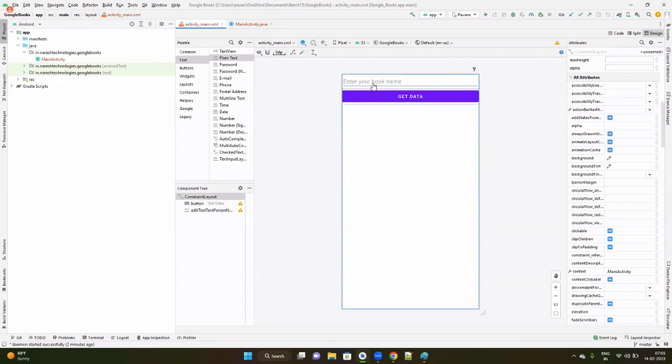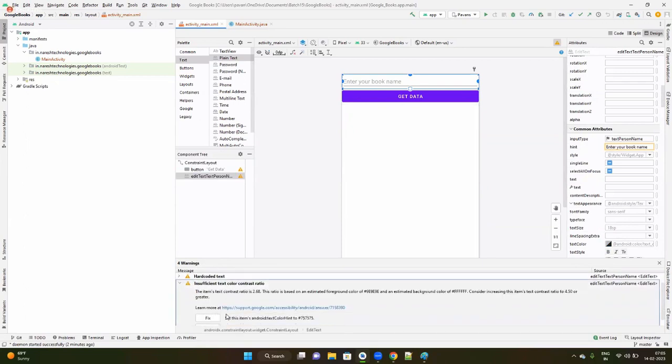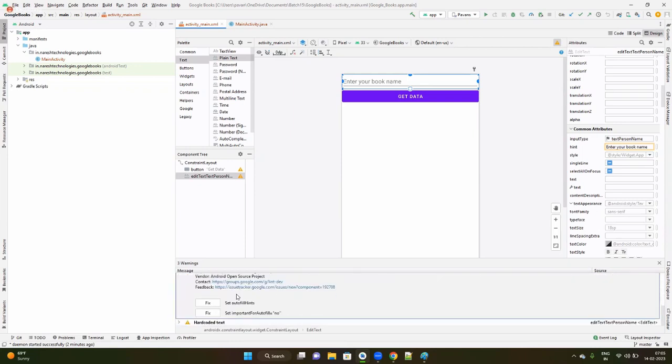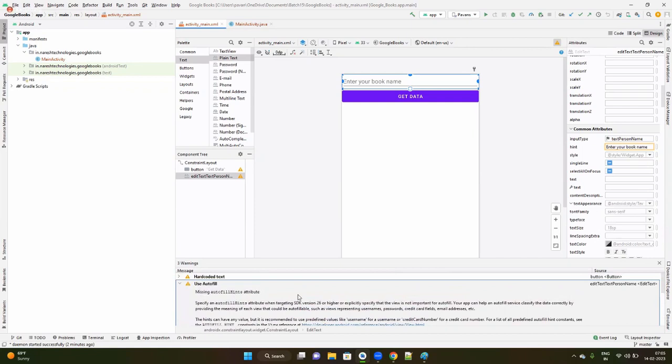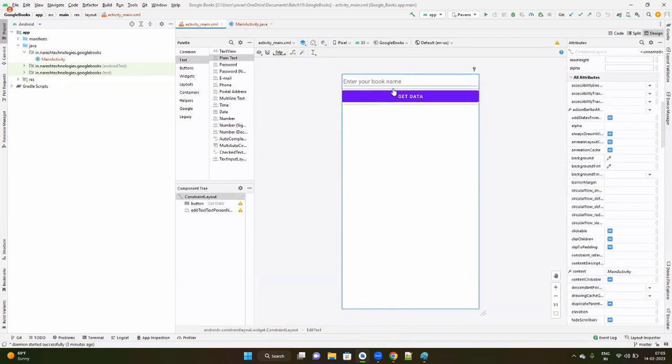All right, so far so good. So this has some error. Insufficient text color contrast ratio. You can fix it if you want to. Nice. Hard-coded text, we will not be looking into it. That is okay. Okay, no issues. So once you have this ready, when the data is arriving, as